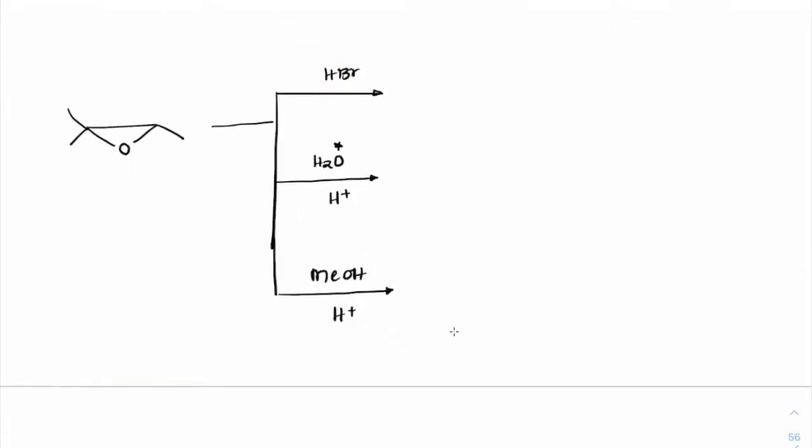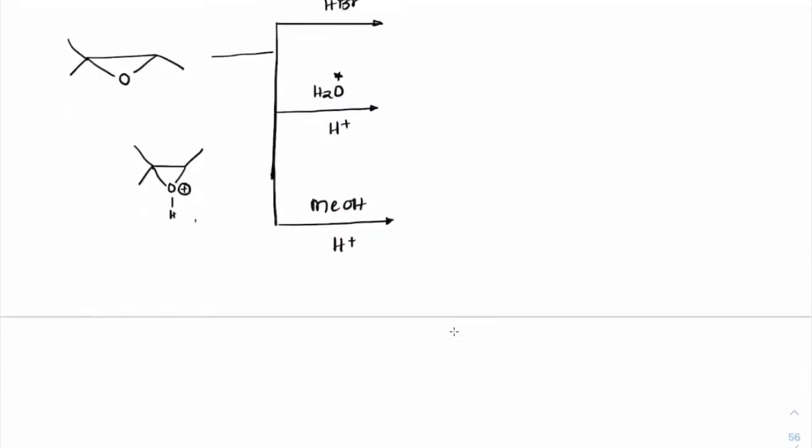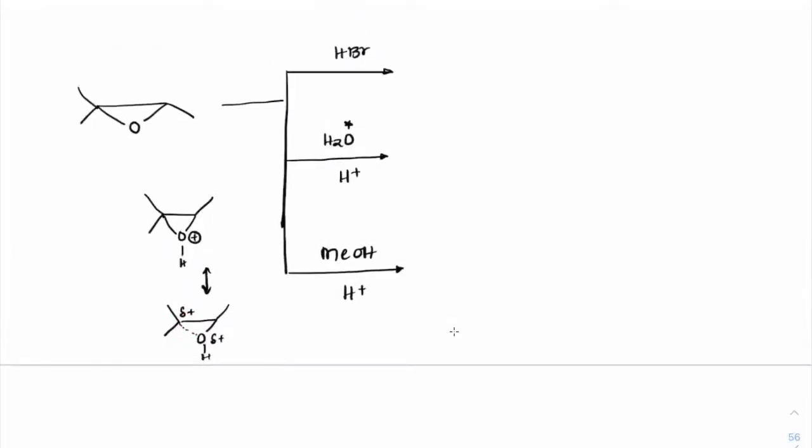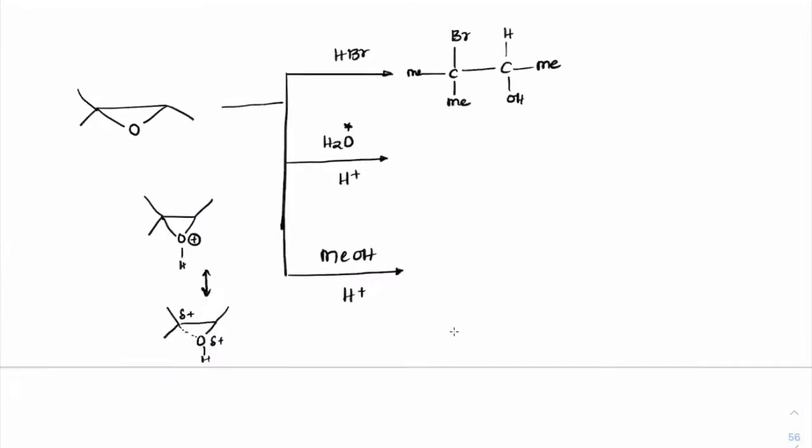Since in all of the cases the medium is acidic, the first step is a protonation step. So first protonation, as in O and H with positive charge formed. But this would have a lot of existence as a tertiary carbocation. This way, here H with delta positive and delta positive. Correct? That's why this carbon would have possessed more amount of positive charge, so the nucleophile will attack it. So I think you can expect what is the product here. So we will have two methyl groups here, bromine gets added, and here OH will get added, H and Me, Me and Me here. This is the final product.